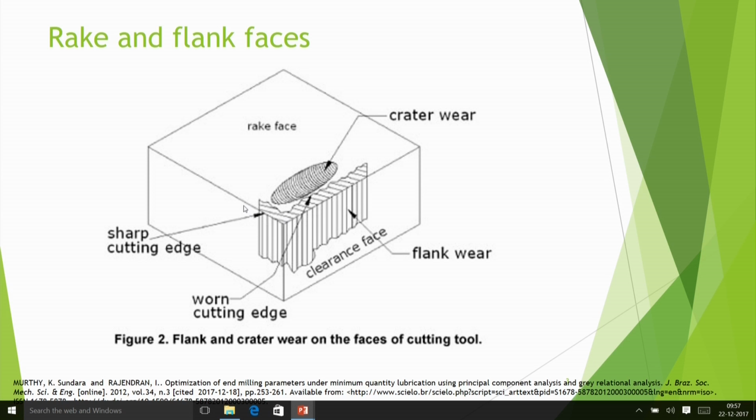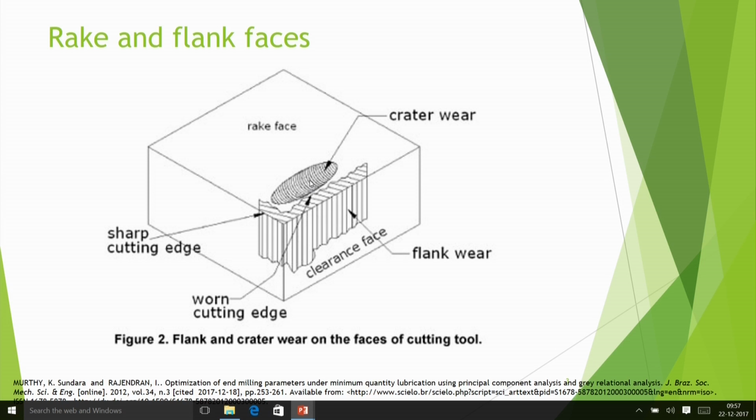Here the cutting tool may appear to be just a rectangular shape. If you see the top surface, that is the rake face, we can see two edges meeting. So this one is a cutting edge and this one is also a cutting edge. This may be the primary cutting edge, this may be the secondary cutting edge. Then there is the rake face on which the chip slides, and because of the abrasion of the chips etc., and even the temperature being very high, there may be wear.